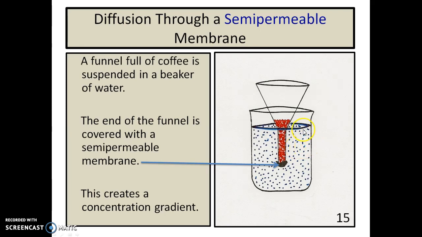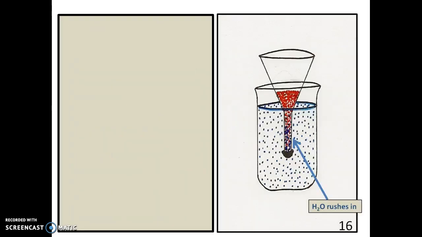The water wants to move from a high concentration in the beaker to a low concentration in the funnel, and it can. So think about it. We have water that wants to get in and can, and coffee that wants to get out but can't. So what do you think is going to happen? Okay. The water's going to rush in, but because the coffee can't rush out,